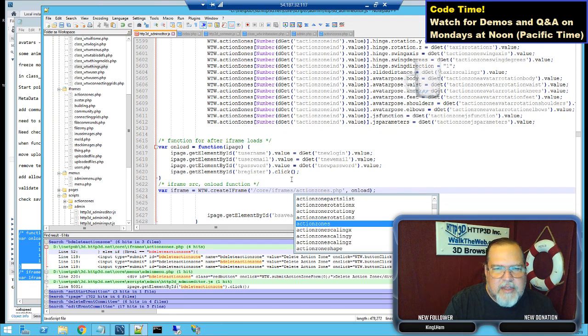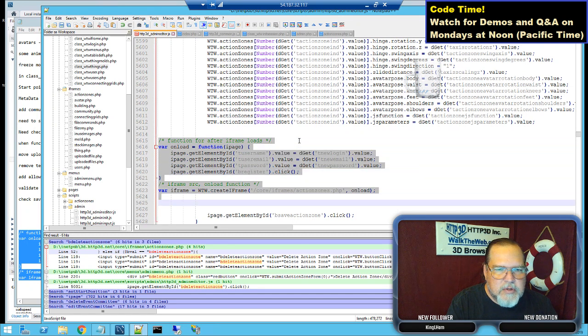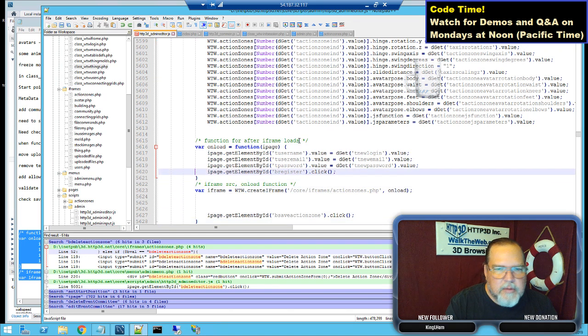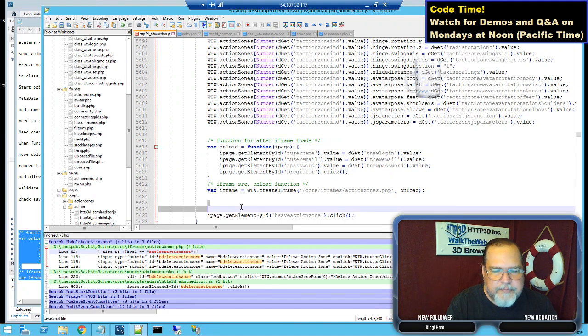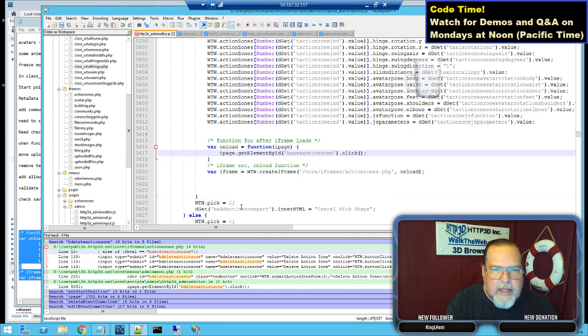Action zones is going to be the function that I'm using, and the first thing I'm going to do is we are going to put the save action zone here. Oops, what did I click? Let's redo that. Okay. We're going to take that and we're going to put it in the onload function. And next,